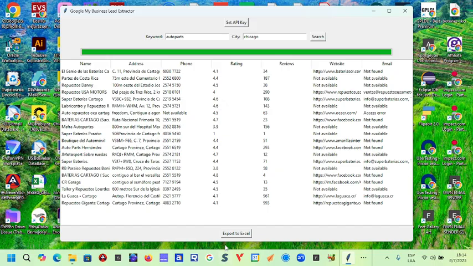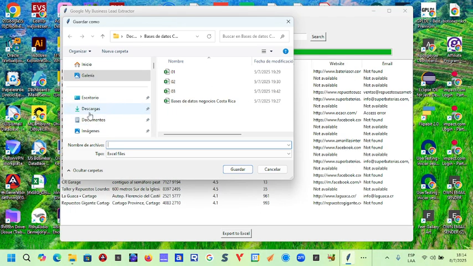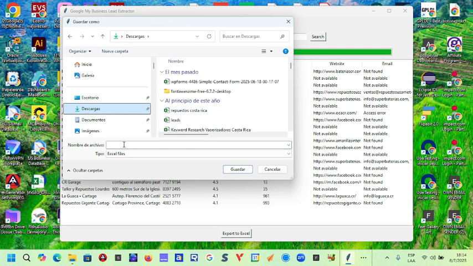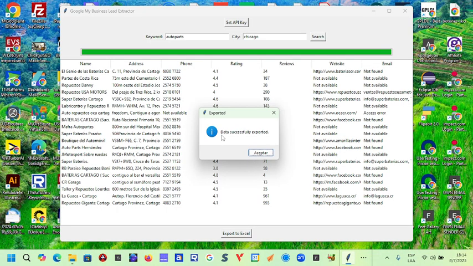And it's done. You can export the data to Excel by clicking on this button called Export to Excel. You can save it in the folder you want. For example, I will save this file to the downloads folder, and I will call this file auto parts database. Okay,